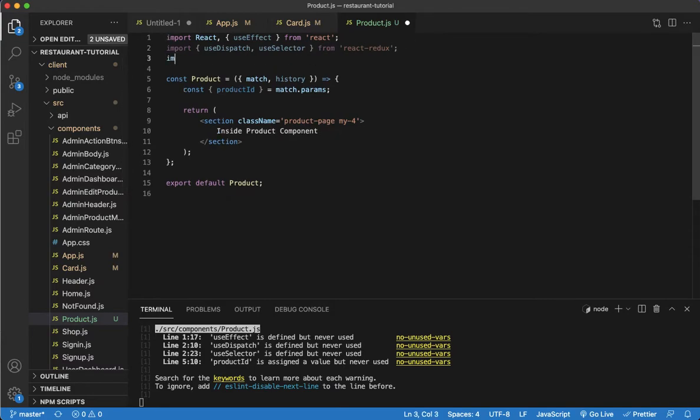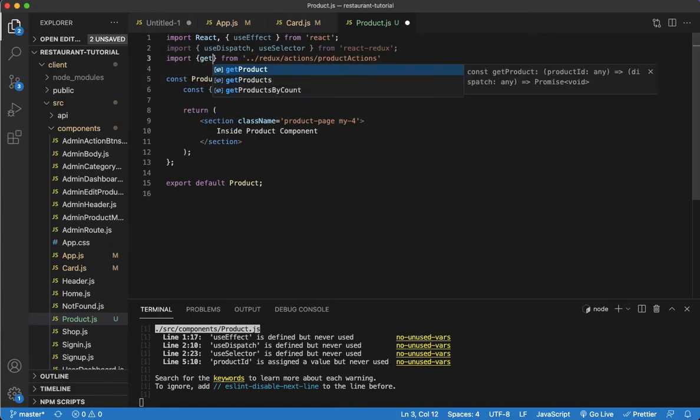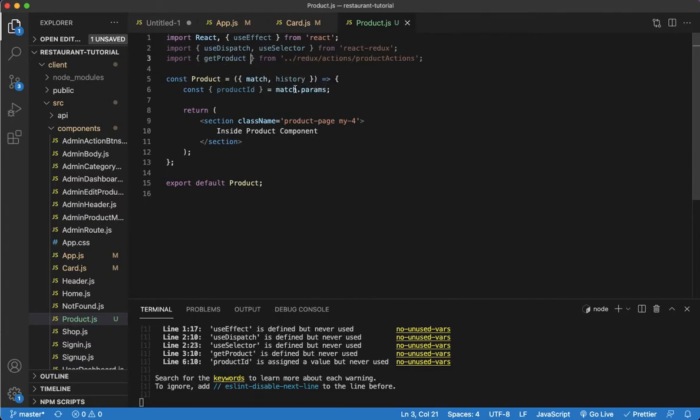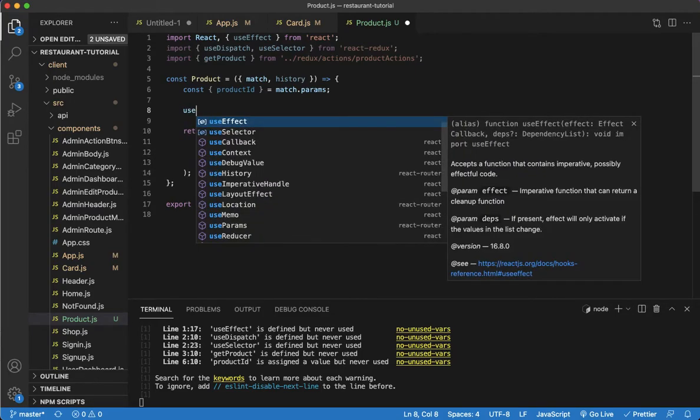So import that. Import from. See, we're going to have to go back one directory, go into the Redux folder, actions, and product actions, and it was called get product. Now we can use effect. All right, so use effect